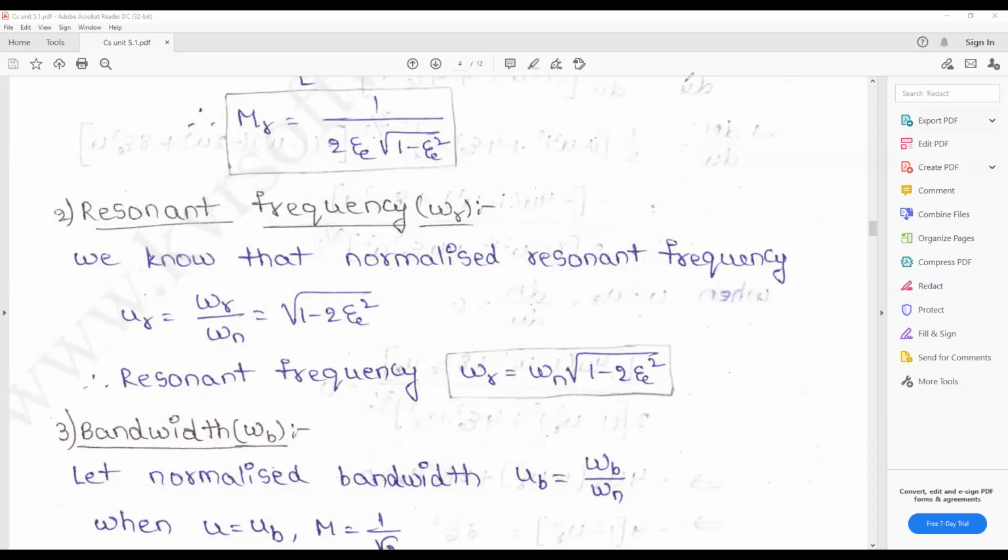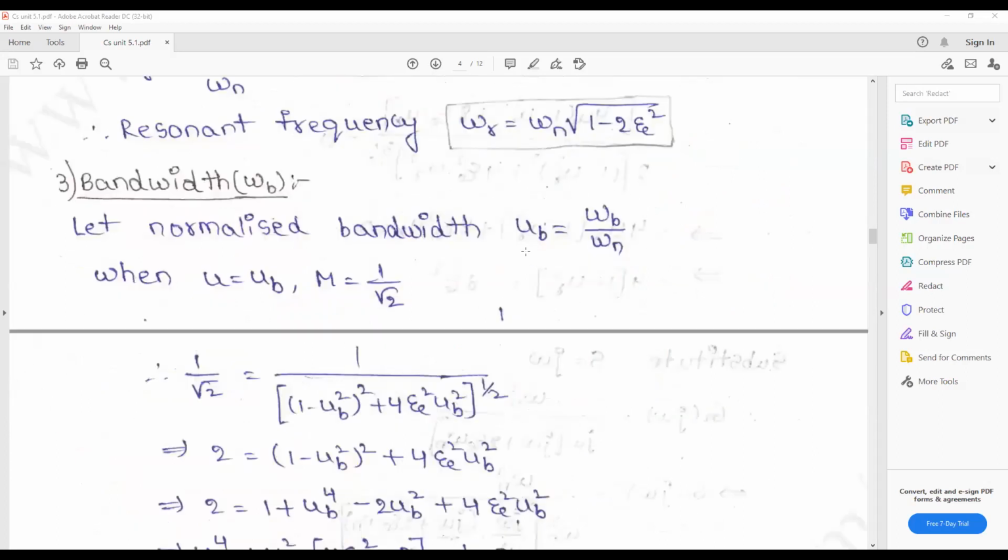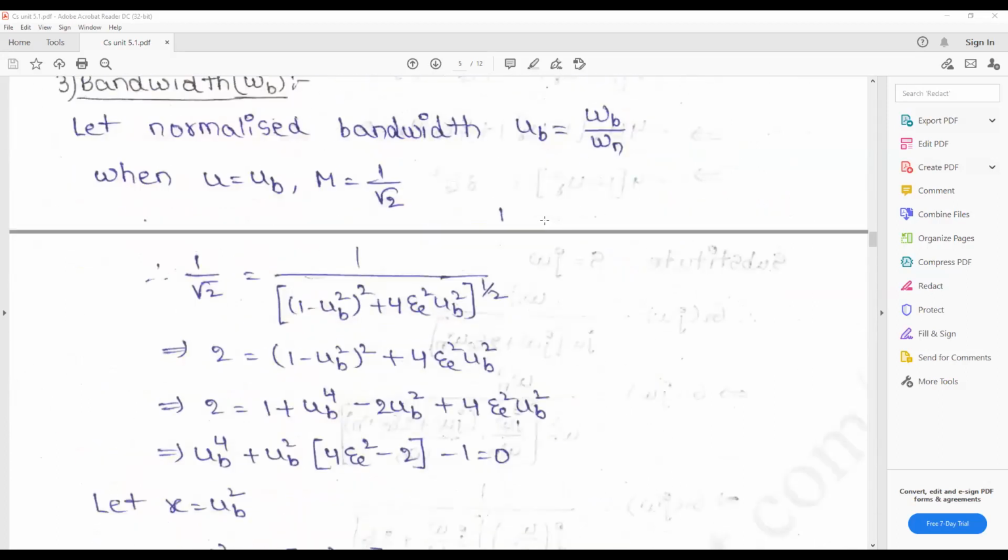And the third one, bandwidth. What is the definition of the bandwidth? The bandwidth is the frequency at which the magnitude is minus 3 decibels, the cutoff frequency. Minus 3 decibels is equal to 1 by square root of 2. So in the bandwidth, the magnitude is 1 by square root of 2, and the frequency, already we saw earlier,